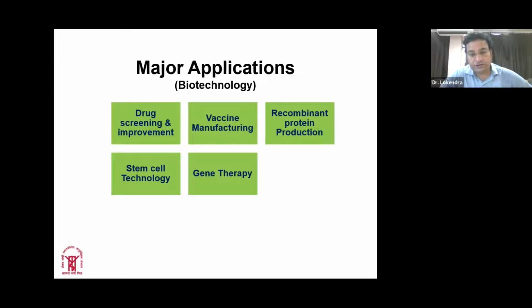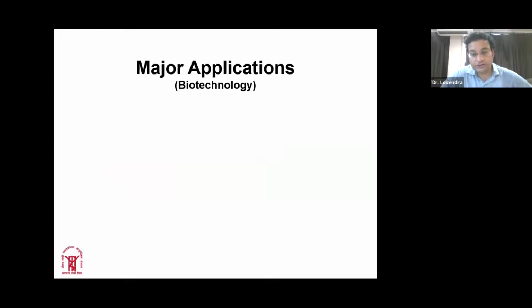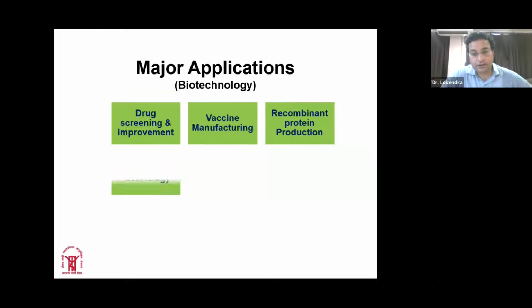In genetic disorders, you have a problem with a certain gene, and if you can correct that gene by genetic manipulation, you can introduce that gene directly to the cells. These cells can be isolated from an organ or system which is defective because of the effect of that particular gene. So you isolate those cells, you grow them in culture outside of your body in a petri dish, and then you introduce that corrected gene, and then you can see the effect, and then you can reintroduce that gene back to the same person from whom you isolated the cells. Then you can study the effect of correction by gene therapy. So these are some of the important aspects.